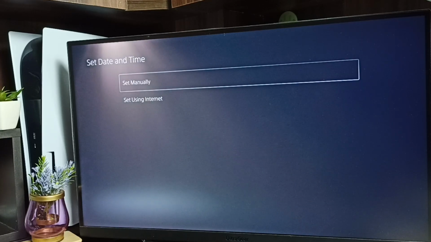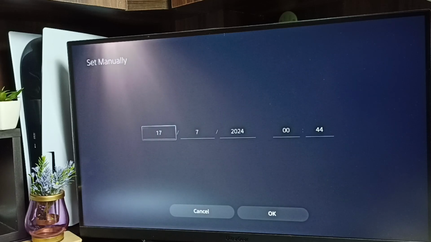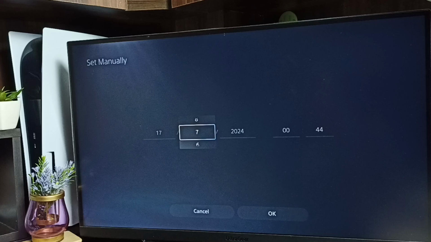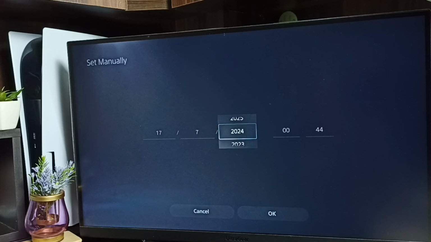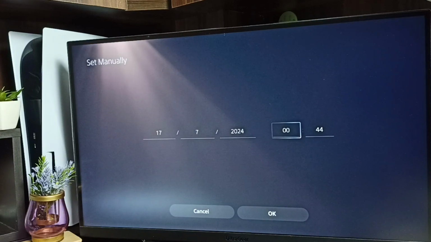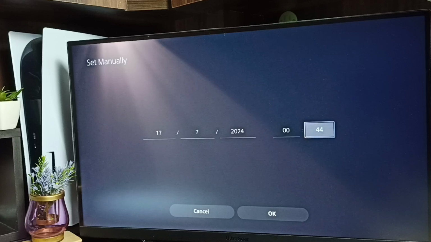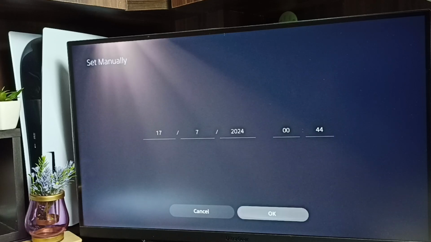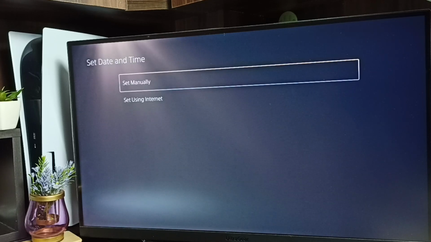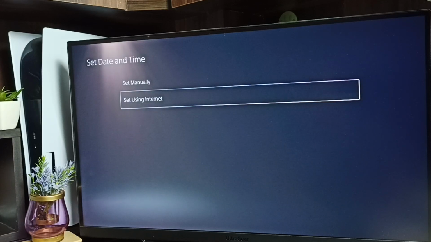First, let me set manually. Select Set Manually. Here we can select the date. Then here we can set the time. Then select OK. Done. If you want to set date and time using the internet, select this second option, Set Using